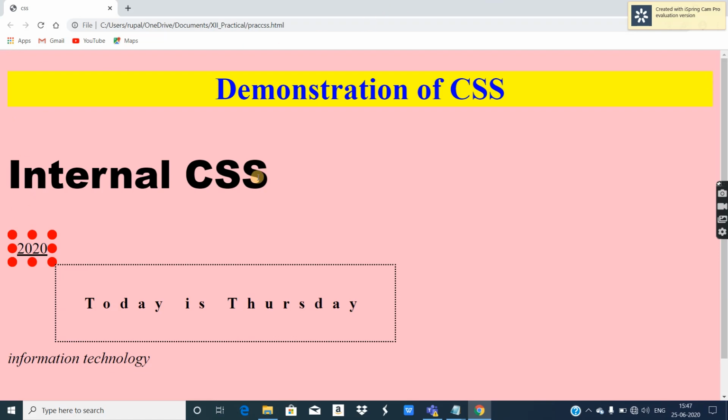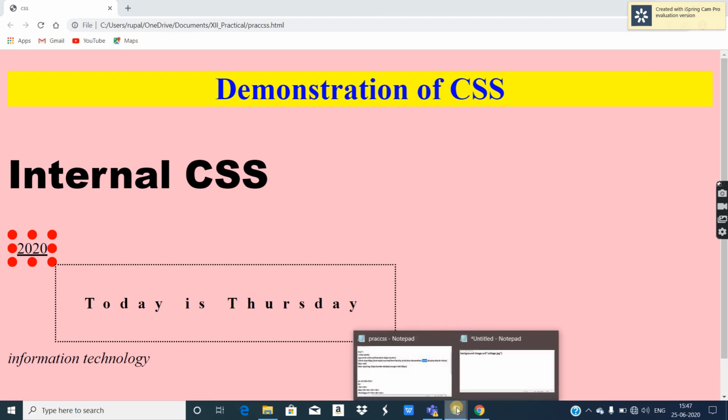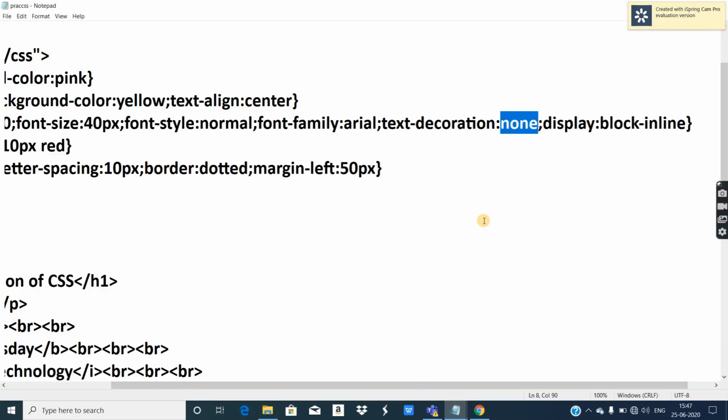Similarly, the p tag is also a block level tag. Then other tags, bold, italic, underline, are not block level tags. They tend to display continuously in the same line, and if you want a line break you have to provide a break tag. So tags which do not consume the entire line are called inline tags, and the tags which consume the entire width of the web page or entire line of the web page are known as block level tags. So you can change the behavior of the tags with reference to block level or inline level.